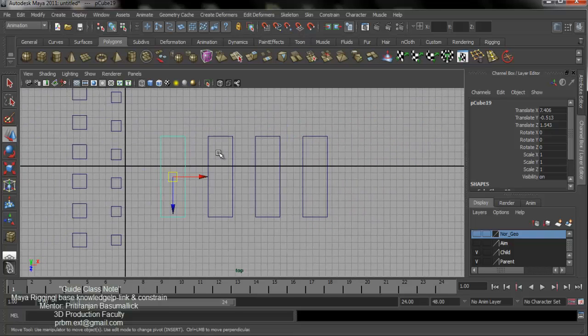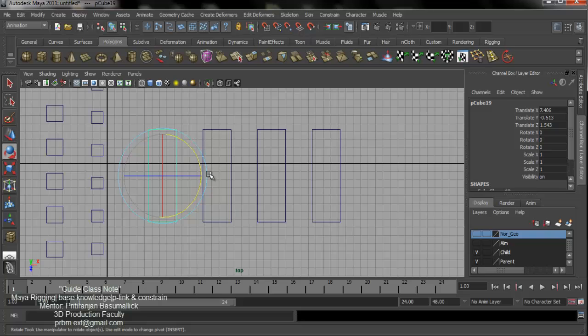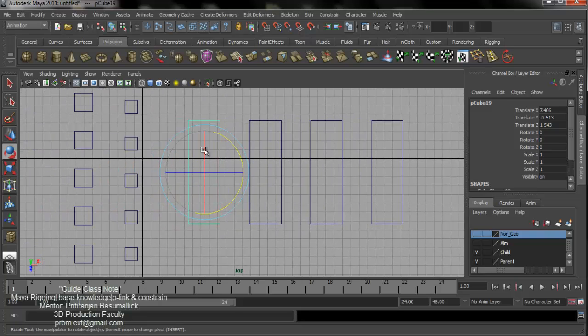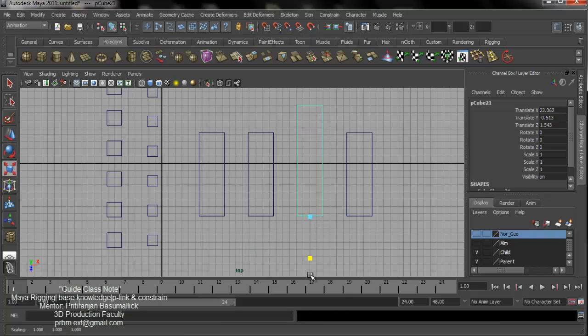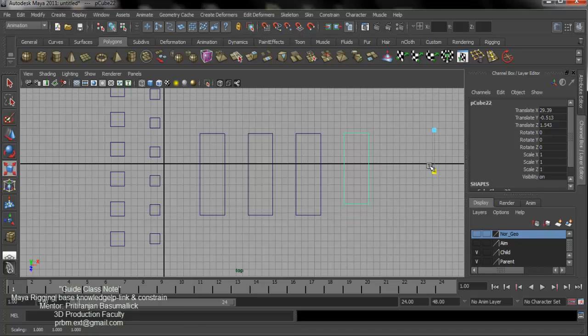Actually when we do any transform like scale and rotation, the scale and rotation are done based on the pivot point. When I just scale it, the pivot point is here, so that object scales like that. When I select that, that object scales like that, and when I select that, that object scales like that.